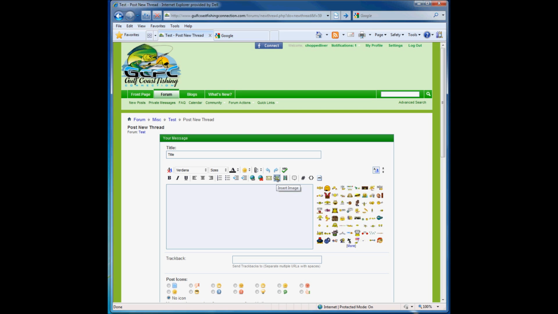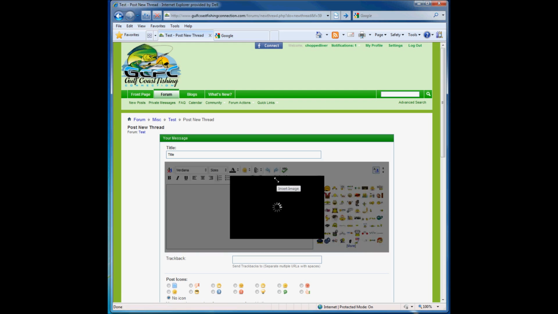There's the insert image icon, it looks like a little tree, and then there's the paperclip. Now the paperclip seems to confuse people. It's just got a lot more features, so we'll get to that. But for now we're going to start with the insert image icon, which is by far the simplest way to insert pictures. So we click on that,